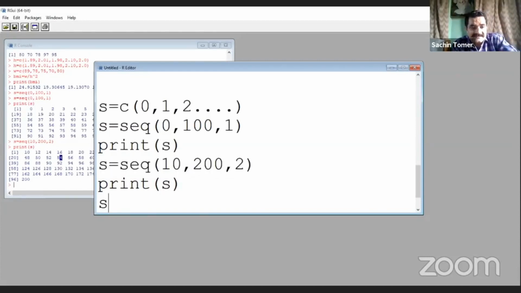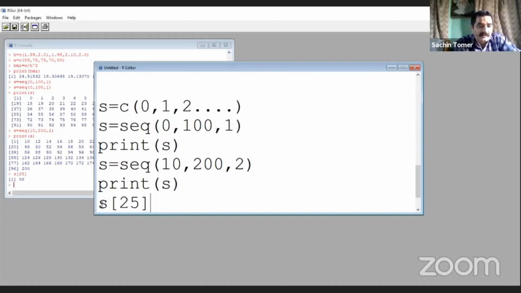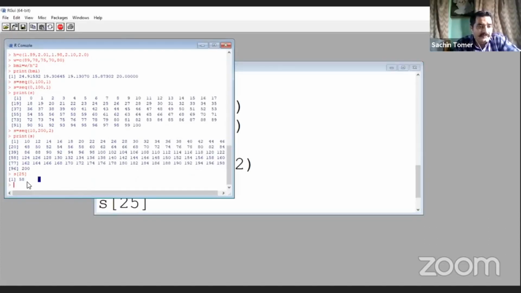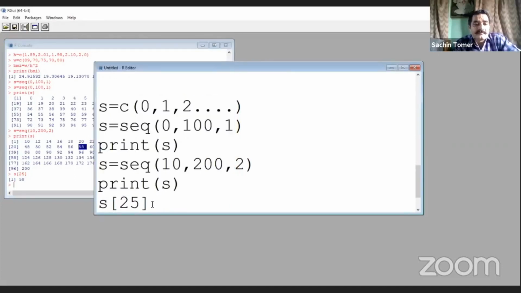We write s, then square brackets, and write 25 in between the square brackets. Let's run it. Control R. The value of s[25], the 25th value, is 58. Here you can see this is the 20th value, then 21, 22, 23, 24, and 25. 58 is at the place of 25th. So this is the command if you want to go to a particular value.